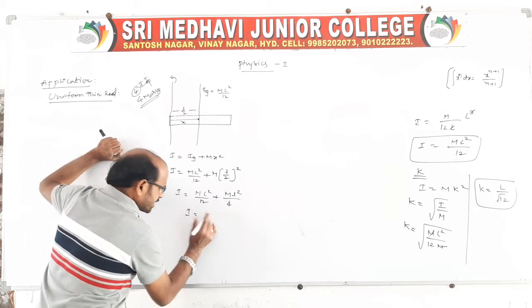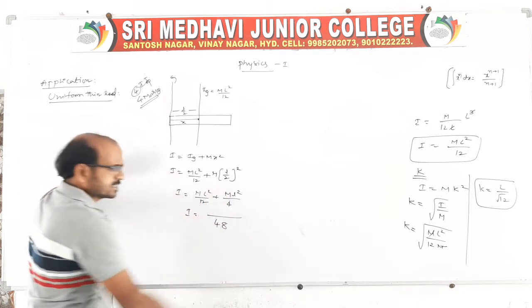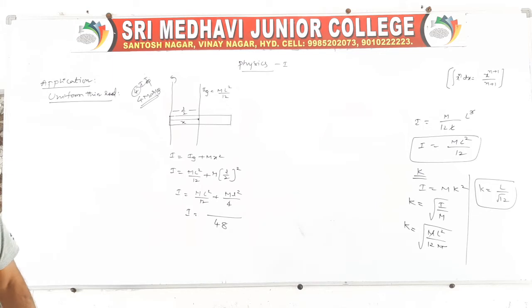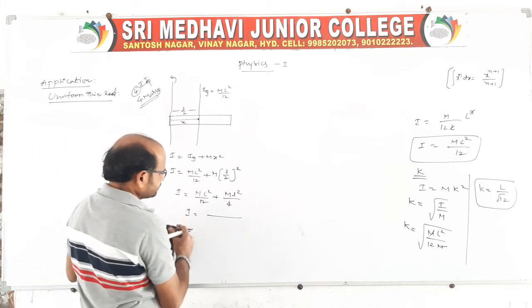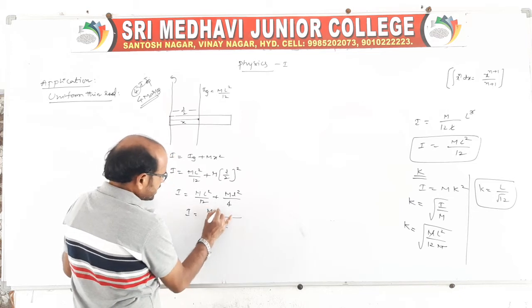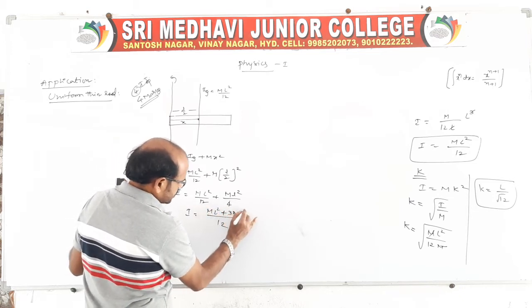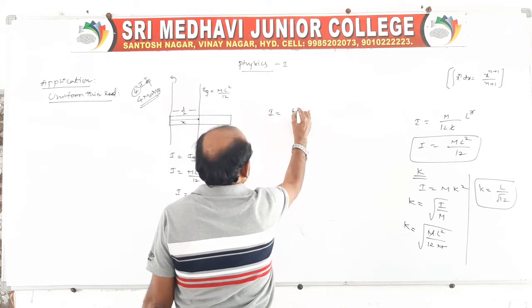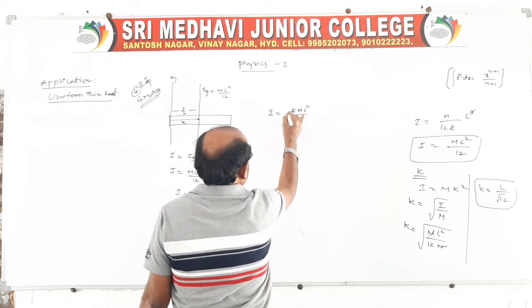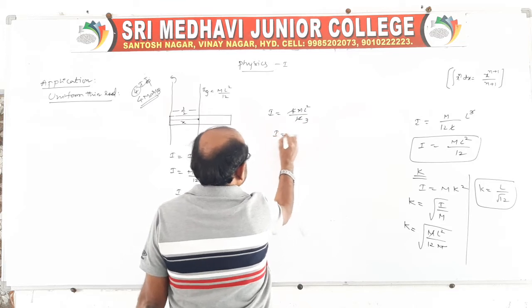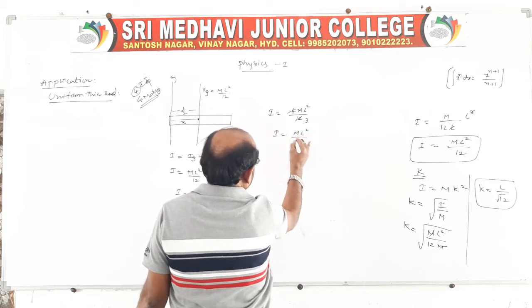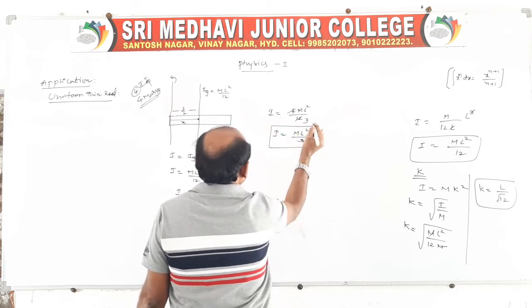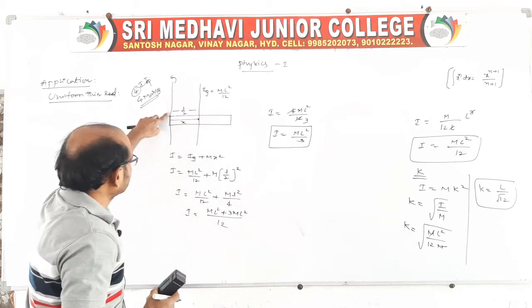Or else you take 12 as the LCM, so it is ml square plus 3 ml square, therefore the moment of inertia will be 4 ml square by 12, so 4 ones 4, 4 threes. I is equal to ml square by 3